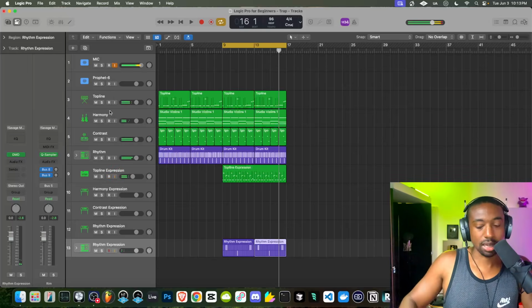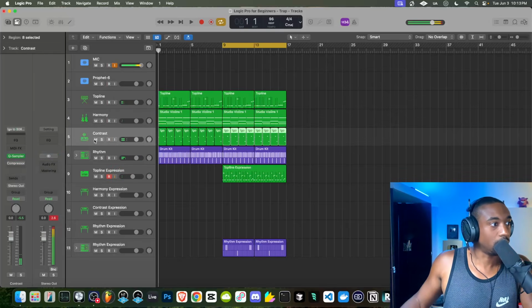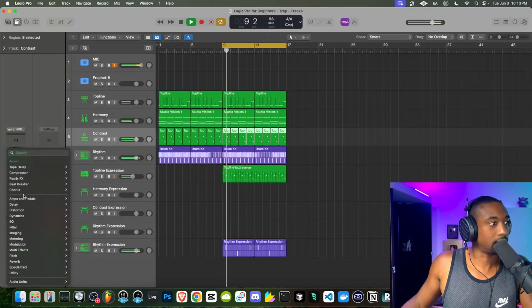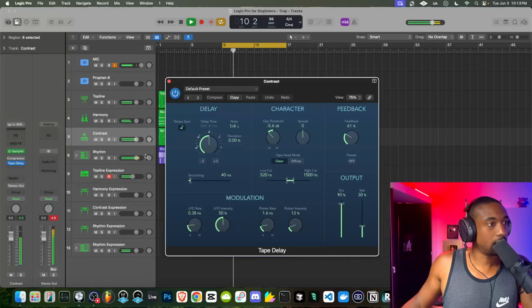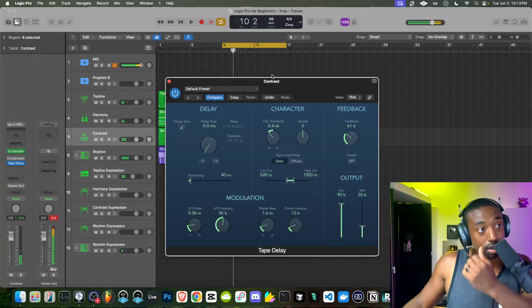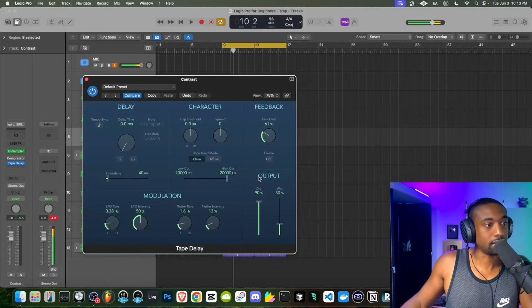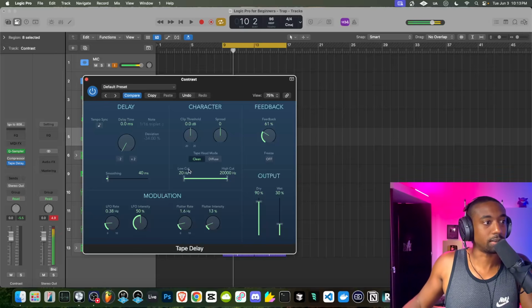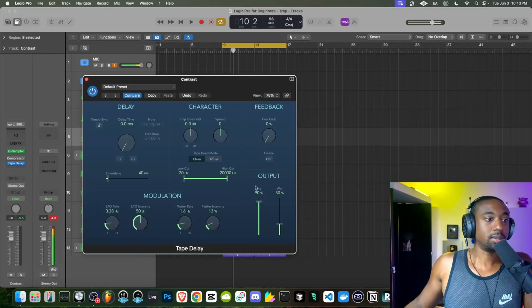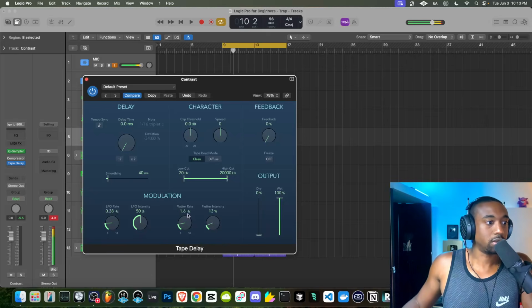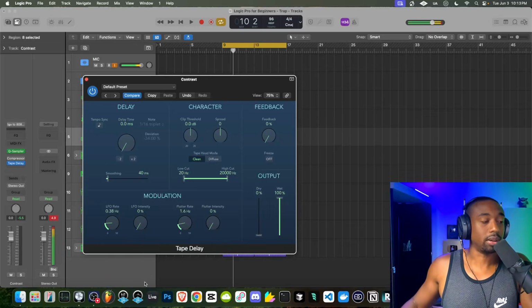So I think what'll make this beat knock a little bit is if we add that same delay over to our 808. Let's add a delay to the 808. Same thing, we want to take off tempo sync, turn it all the way down, turn off the clip threshold, turn this down, turn this. This gets a little quirky sometimes, so you got to be careful with this. Turn this feedback to 0, turn the wet level all the way up to 100, turn the dry level down. So basically we're only hearing the delay.